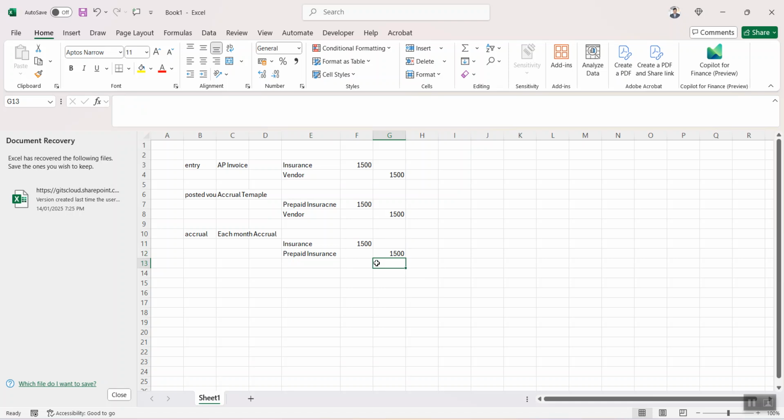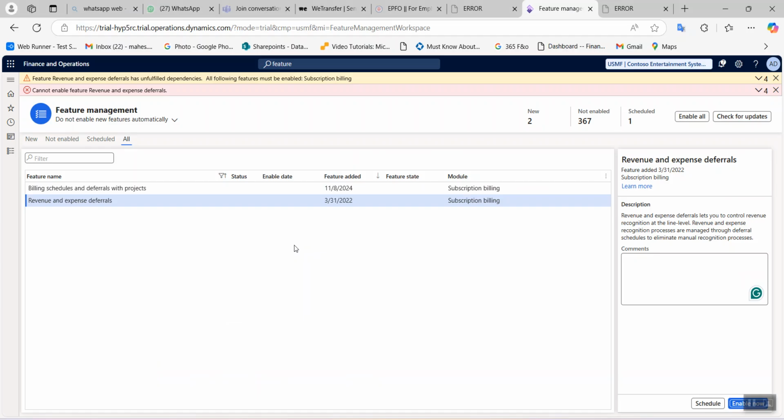Now in deferral schedule, what we are doing is directly booking this particular record as a deferral schedule based on this main account. It is based on this prepaid insurance account, and the vendor is auto-populating your deferral schedule. The deferral schedule is creating your prepaid, and this particular expense account is getting debited. Now if you see over here at this particular transaction level,